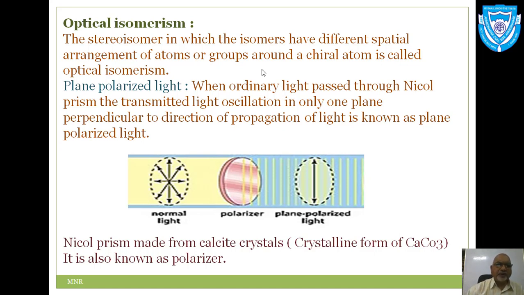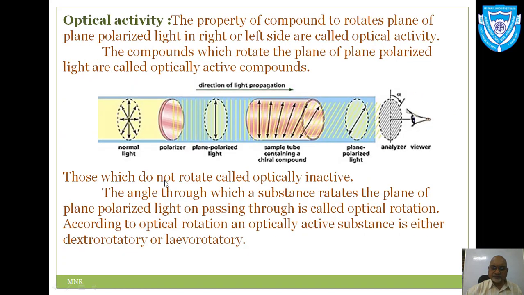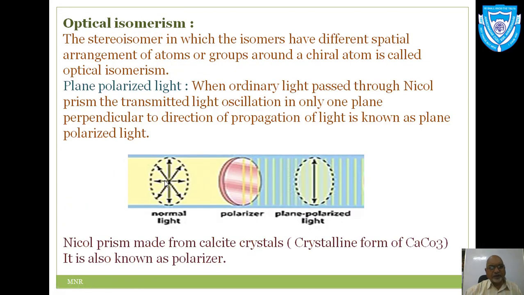Next term is plane polarized light, PPL. We always call this PPL, plane polarized light. Now what is this? In simple terms, you take a monochromatic light, maybe a bulb, a normal light, and when this light is passed through a Nicol prism, the transmitted light starts oscillating in one plane, which is perpendicular to the direction of the propagation of light, and is known as plane polarized light. So here, this is a monochromatic light,